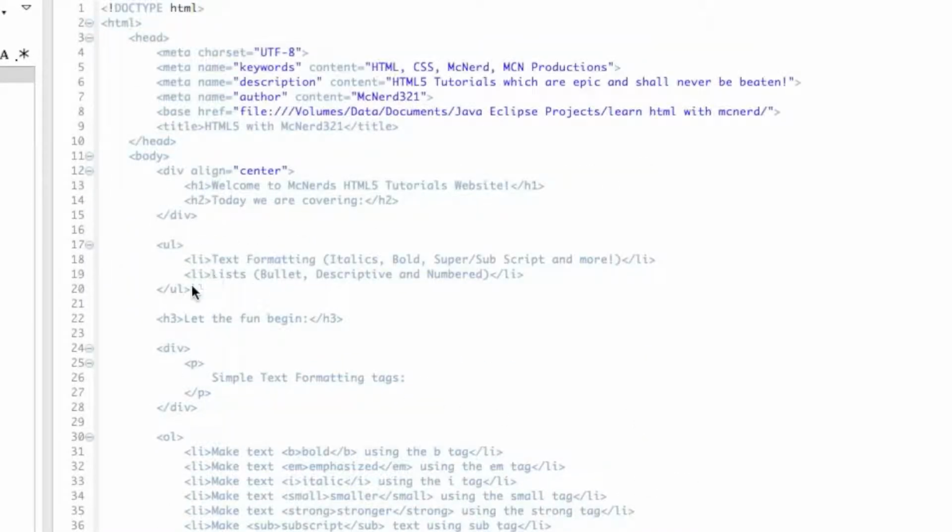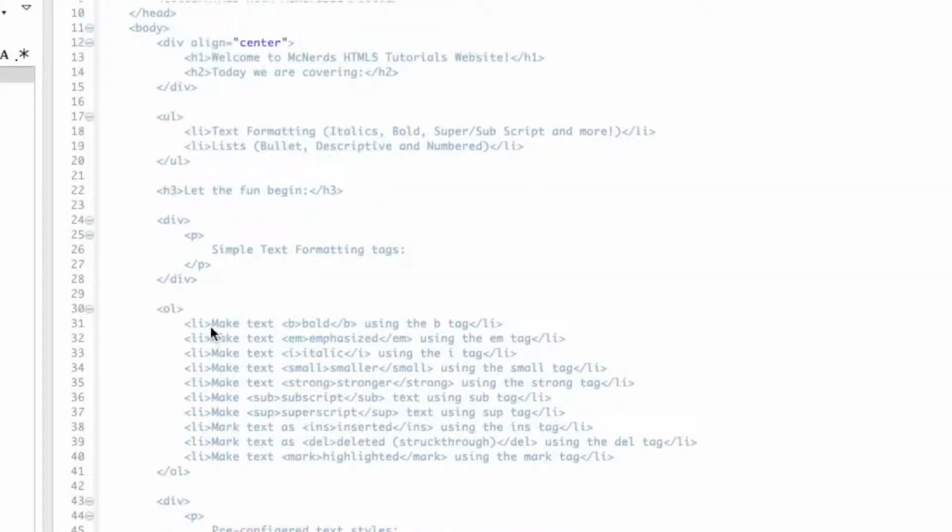You can see that we've got our list and stuff, but we're getting onto that next episode. So you can make text bold using the B tag. So the word bold is surrounded by the B tags here, which makes it look